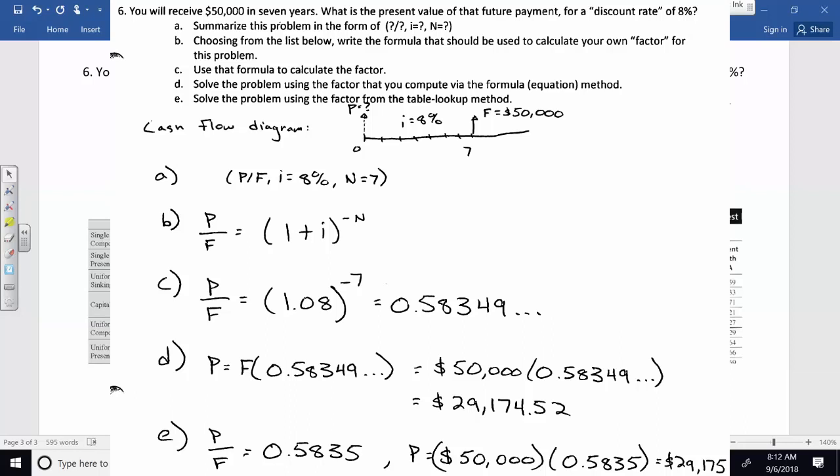We're using the 8% table. Now we need to find the right column, and so we, remember, are doing P/F, find P given F. So we find the P/F column here, present worth, and we go down to the row that says n equals 7. So here on the left side you can see the 7. Okay, and if we go over, the factor that it gives us is 0.5835. That's really close to what we had before, but they don't have an infinite amount of space in the table, so they have to round off a little bit. So what they're saying is P divided by F is